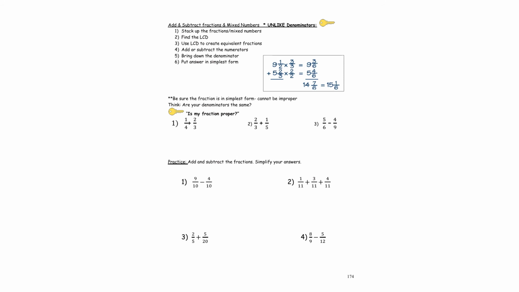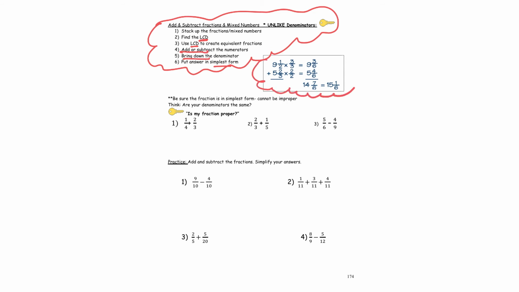When we are adding and subtracting with unlike denominators, these are going to be the rules here. Stack up the fractions or mixed numbers, find the LCD, least common multiple. You're going to use the LCD to create equivalent fractions, add or subtract the numerators, bring down the denominator, and put your answer in simplest form. Here is a great opportunity, okay? So here, when we set these up,